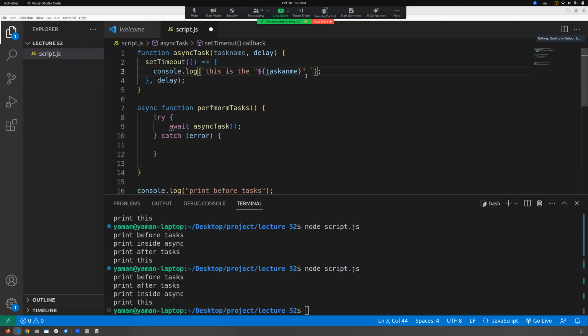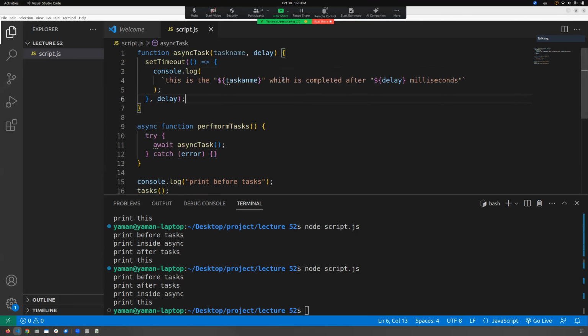This is the task name, which is repeated after delay seconds. Oh, okay, well, it's in milliseconds. So